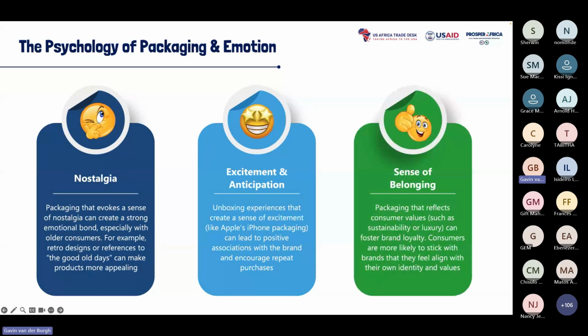Also important is obviously the sense of belonging, right? So the shape and texture trigger that perception as well. Rounded shapes evoke feelings of comfort and approachability. Sharp edges convey a sense of sophistication or being modern. Similarly, textured surfaces can also make a package feel more premium and create that tactile connection. So instead of just a flat print, maybe you've got a raised print or a foil print, etc. And again,